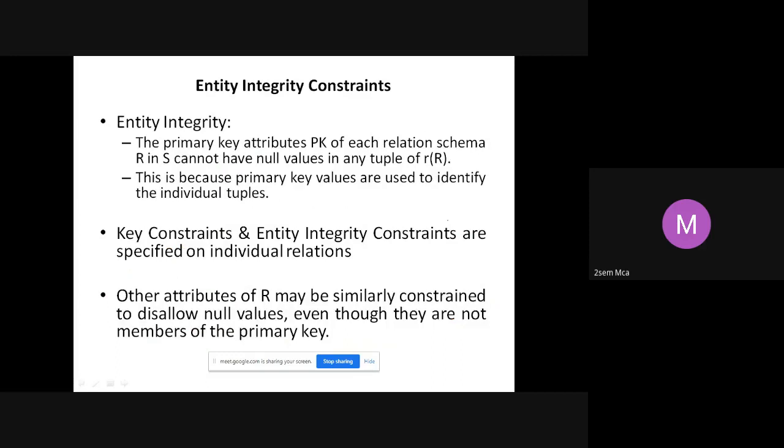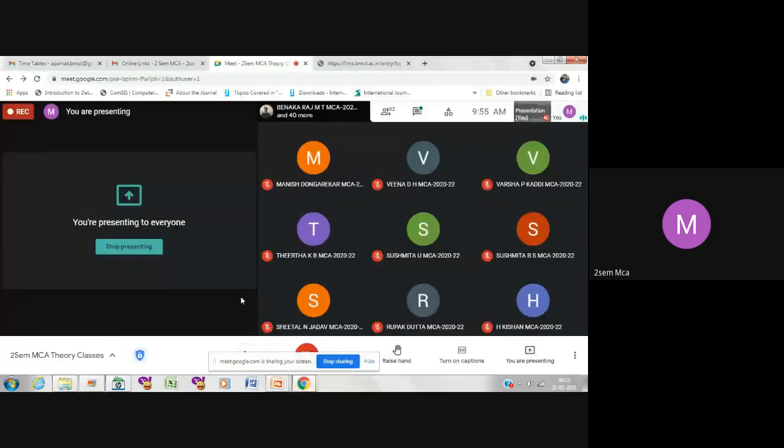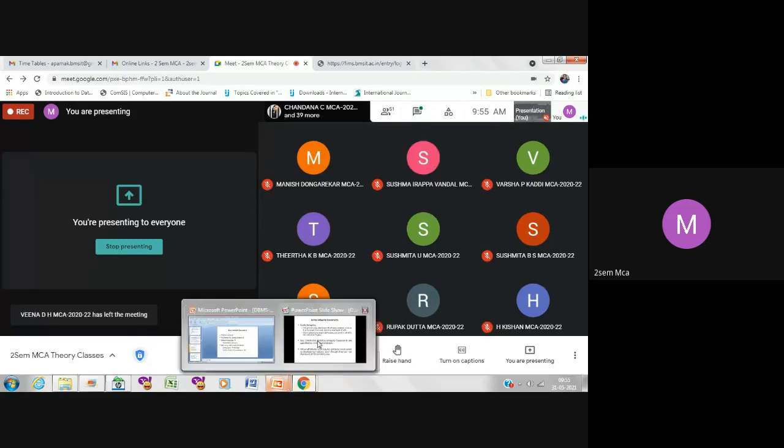Next we move on to a very important concept called entity integrity constraints. Let me check with you all. Do you have any questions at this point of time? Any of you, on whatever we discussed till here? If you want me to repeat something, if you have some doubts, you can ask me before I go further. No questions, no doubts. Right, let me continue.